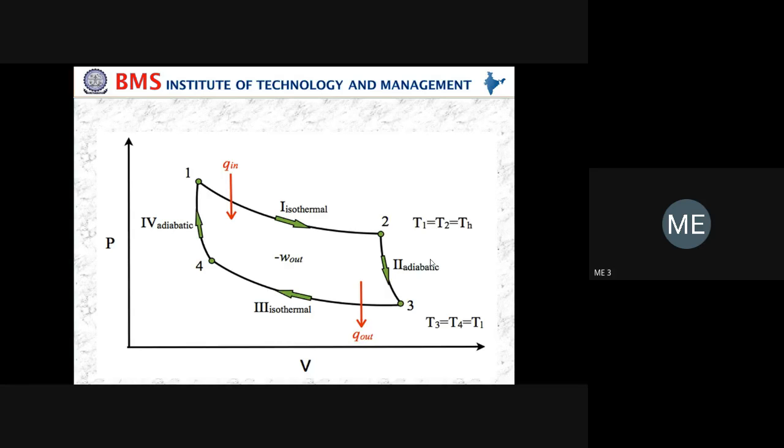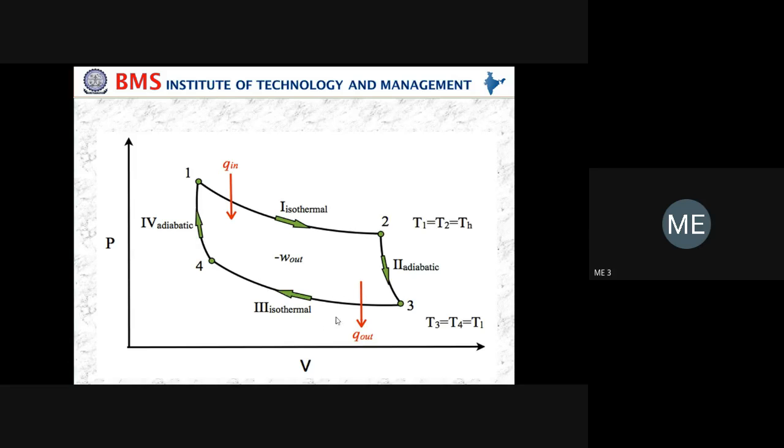Okay, that is the process 2 to 3. Now coming to the process 3 to 4, okay, it is called isothermal compression process, where the pressure increases and the volume decreases. You see, the volume decreases from V3 to V4. The pressure increases, but anyhow it is an isothermal process. There is no change in temperature. Okay, during the other processes, temperature and pressure change together, but in case of isothermal compression process, only the pressure increases and temperature remains the same.